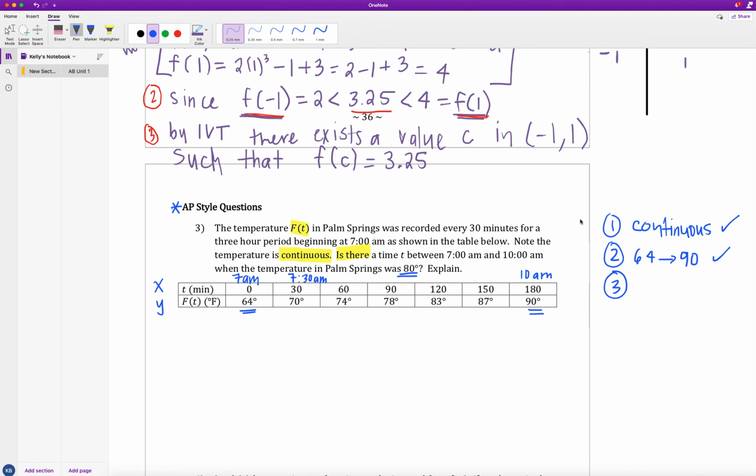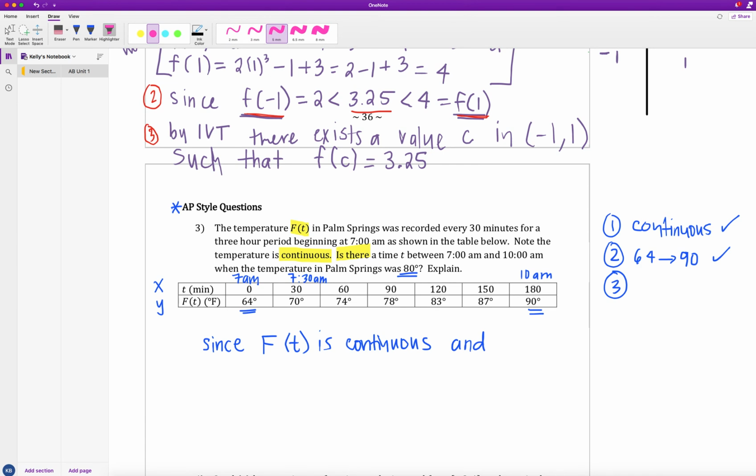So let's start with the first part of stating that our function is continuous. Well, they gave it to us, but I still need to write that down. So I'm going to start with the fact that since f of t is continuous, they gave that to me. I don't have to prove that f of t is continuous, but I do need to state that that is part of the problem that is given. So since f of t is continuous,